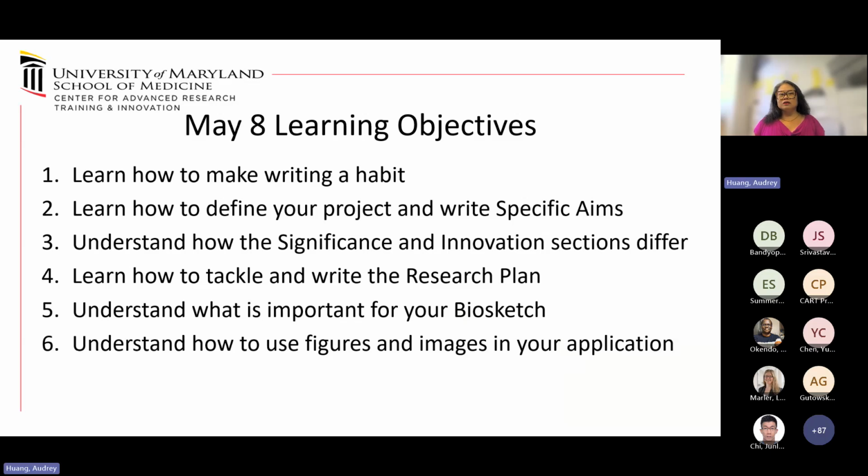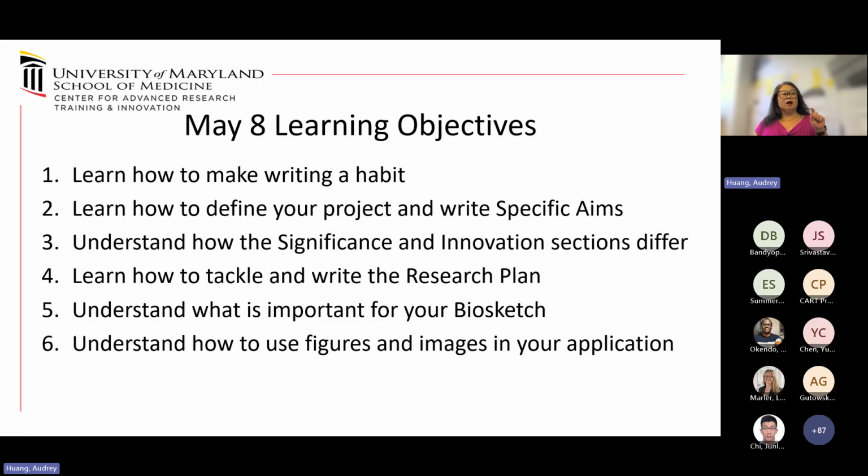So I'm going to backtrack a little bit and talk a little bit about making writing a habit. I think this is absolutely critical. I think for those of you who are clinical and in the clinic sometimes and doing research, and your time is split already, versus those who are basic science and are at the lab or at a computer, it's hard to shift gears in your head and energetically and sit down at a computer and write. There's always something you could be doing. There's always something else, another patient you could be seeing. There's always another paper you could be reading, somewhere you could be going to. Making writing a habit is very important.